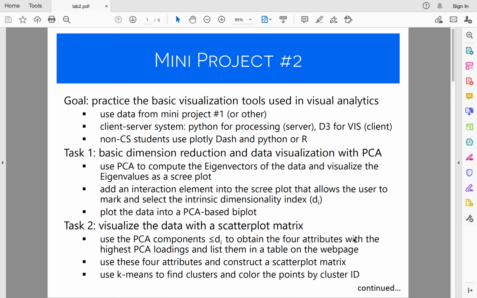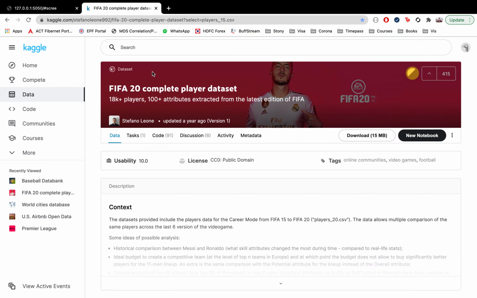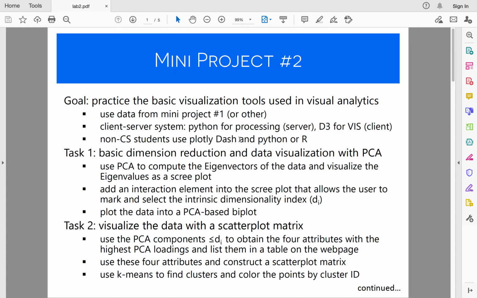We're asked to take either the data which I've used for the Pro Lab Assignment 1 or take up new data. But as of now, I'll use the same data, which is the FIFA 20 players data, which contains the information about all the football players who've been playing right now, along with the rating, their age, their preferred foot, their nationality, club, and there's a lot of information over there.